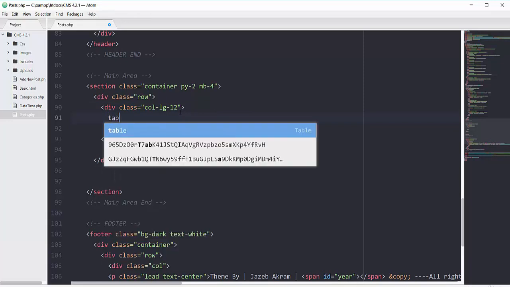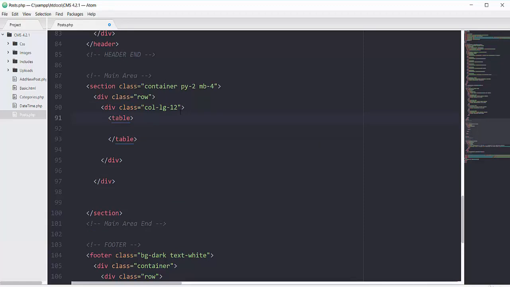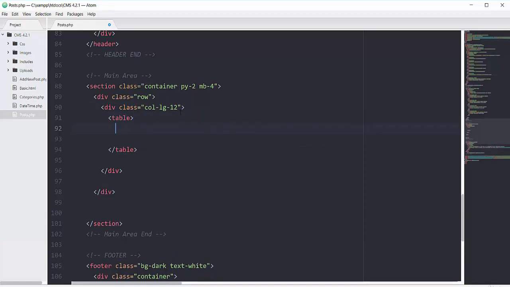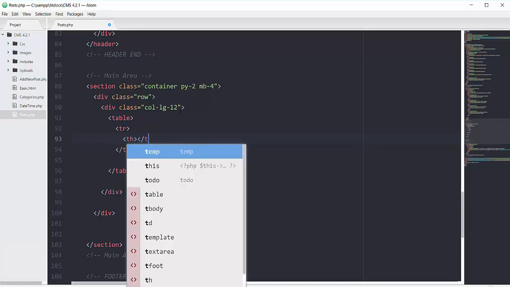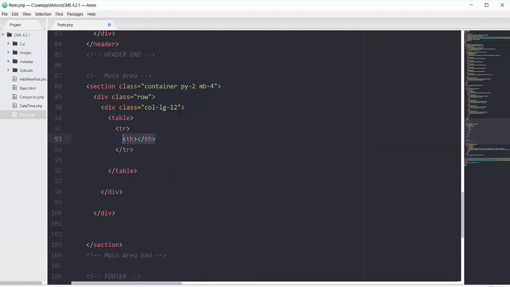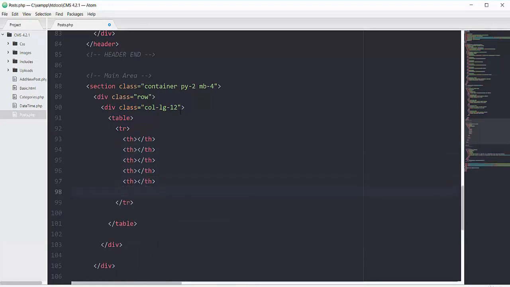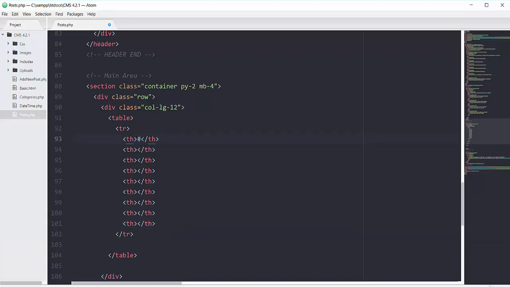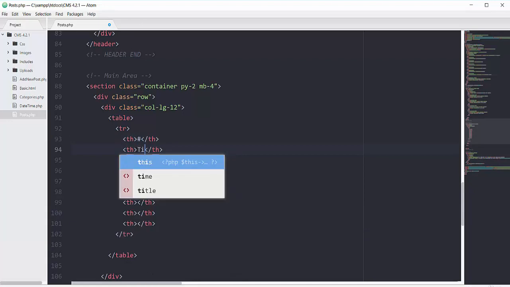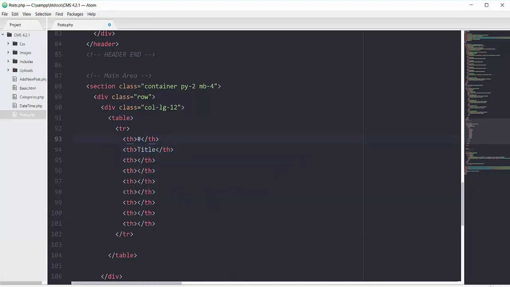So I will have this table tag that will have a couple of columns. The columns will be inside the tr tag. So we will have a couple of columns in our table. Let me add a couple of th tags to add the headings. So the first heading will be the number one, the second one will be the title of our post, next